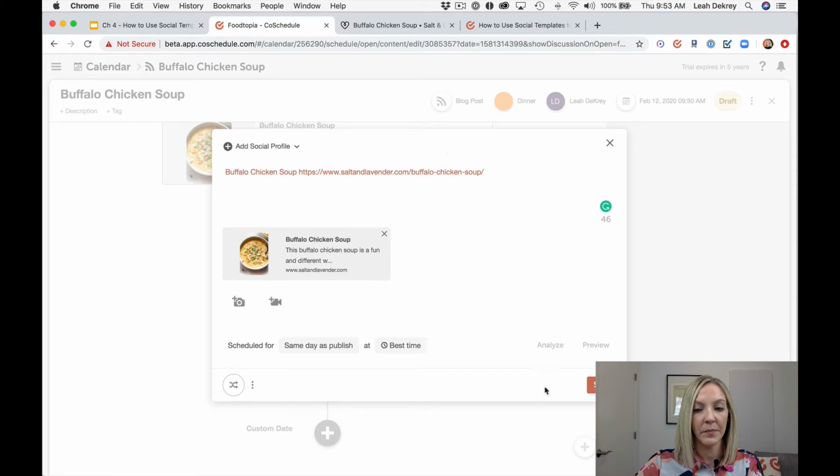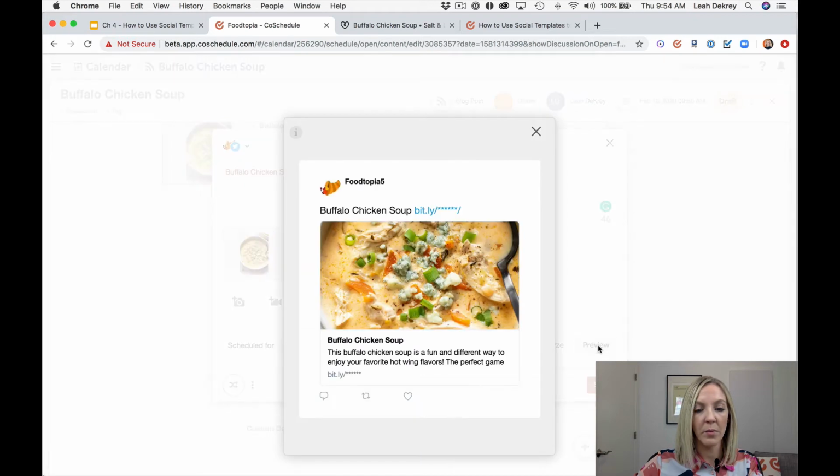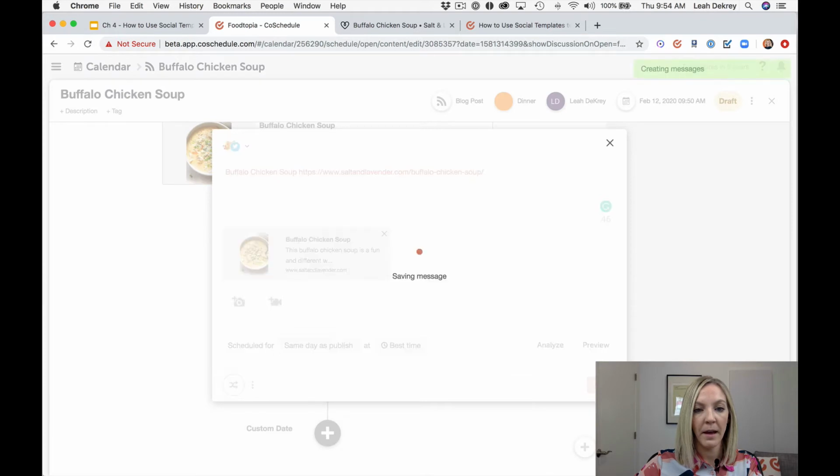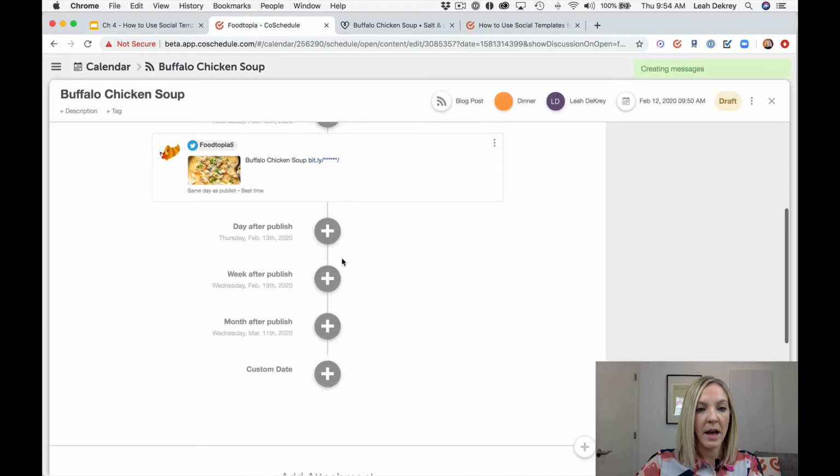If we preview this, add a social profile as well, and then we'll preview what this looks like here in Twitter. Now as you can see, it's got the title to the blog post as well as the link. And then I'm going to save that, and I'm going to add now another social media message for